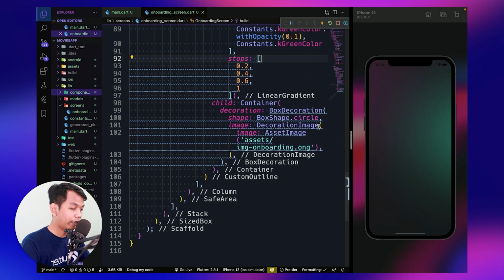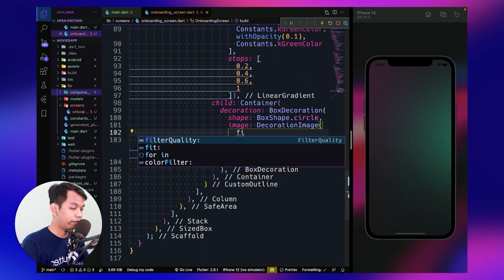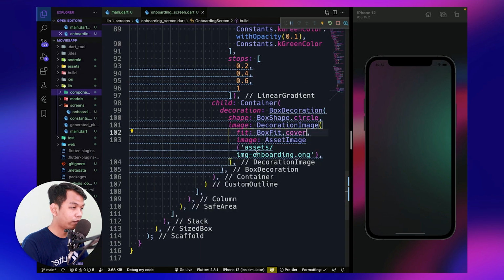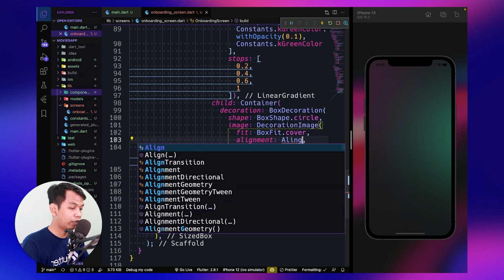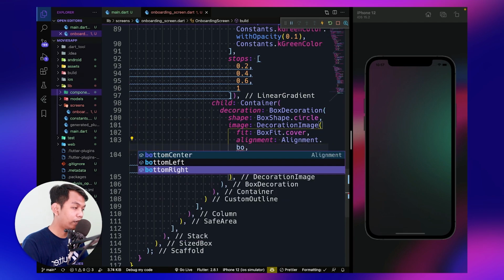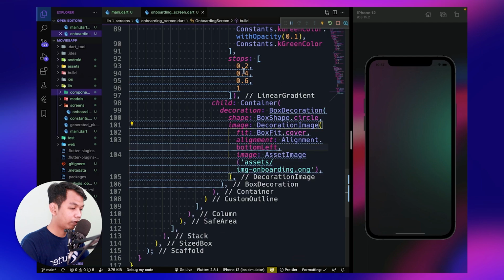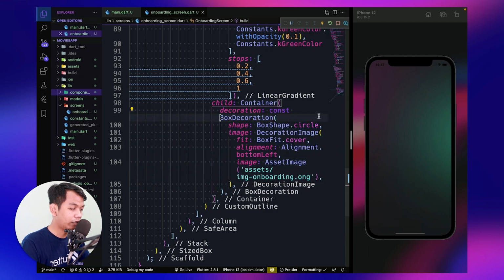Inside this decoration image, we say fit, box fit dot cover. And the next is alignment. We set it to bottom left.